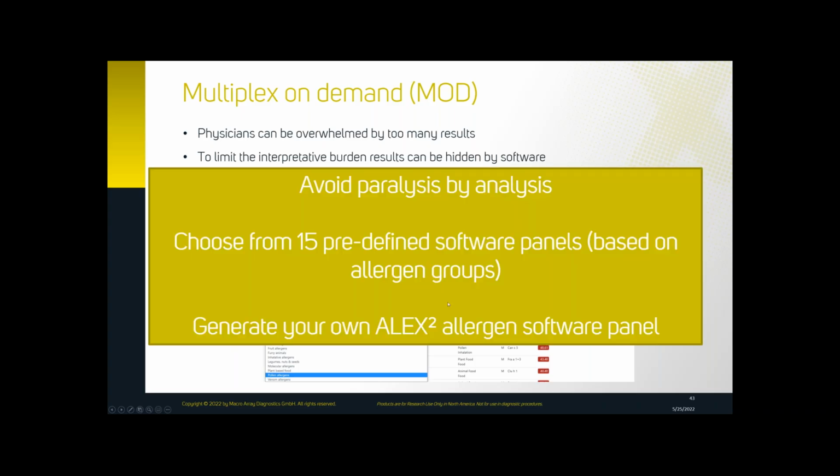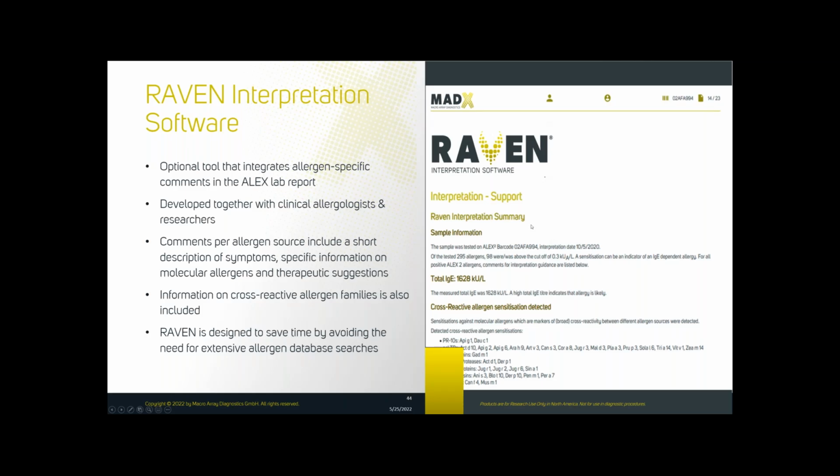And this means to avoid paralysis by analysis, so either choose from 15 predefined panels or generate your own ALEX allergen software panel. The Raven interpretation is an optional tool integrated into the ALEX² report software that allows allergen-specific